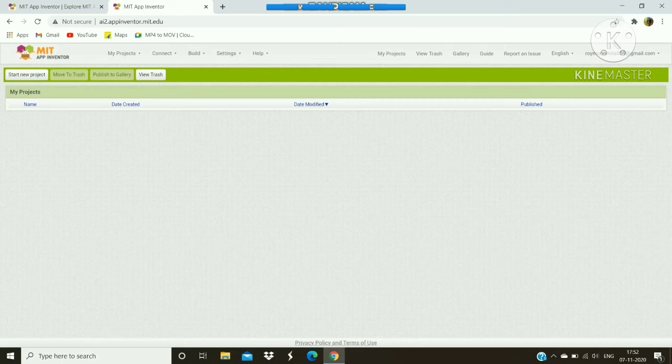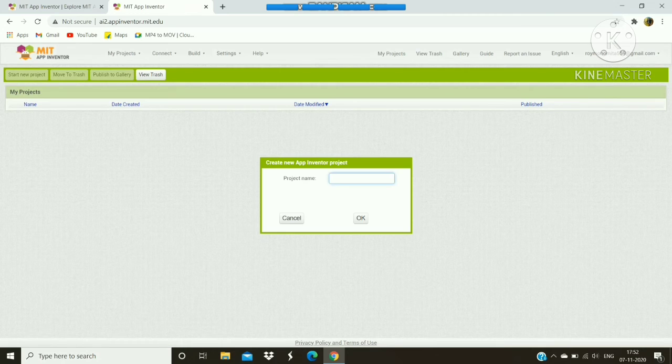Look at the extreme left hand side on the top corner. You can see it's written start new project. Here I will type in the project name, where underscores are allowed but spaces are not. Once I type in the project name, that is talk_to_me as it is given in your book, I'll click on OK.